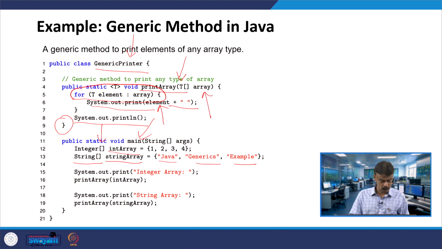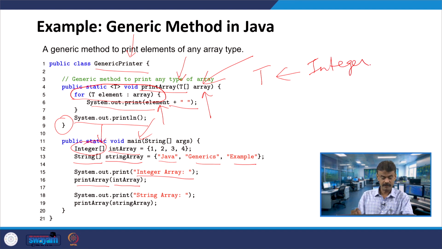Now what we do, we will call System.out.print, integer array is getting printed, right. So, now we are invoking printArray by passing intArray, alright. So, printArray is being called, you are passing intArray, that means array is now becoming intArray and T is nothing but integer, right. And then you have array, correct. So, what is the array? 1, 2, 3, 4.